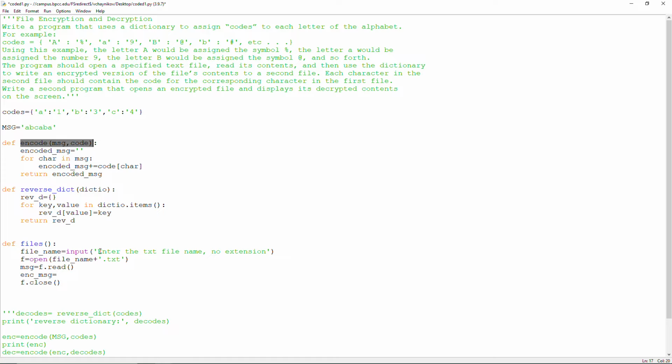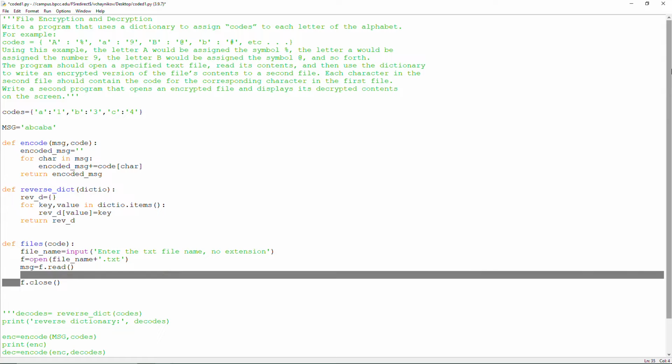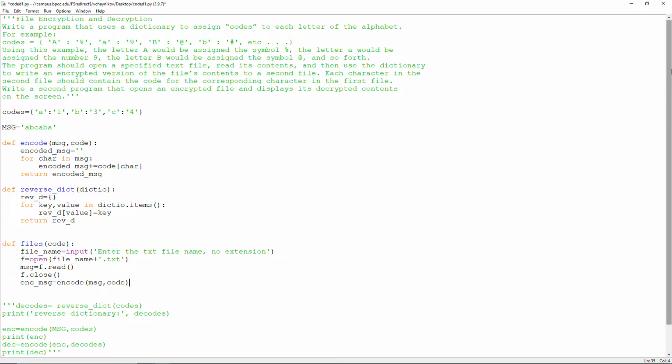And for code, I should use codes. Well, I don't want to do that. If I'm to generalize it, I should have a parameter here, code, and I should also do this after I close the first file. Encode msg,